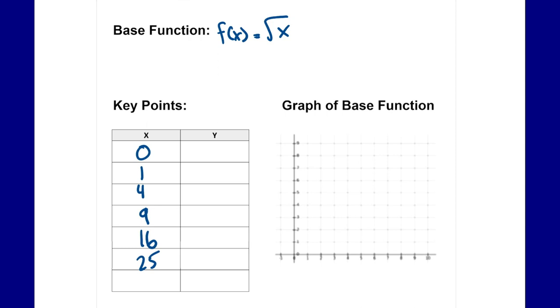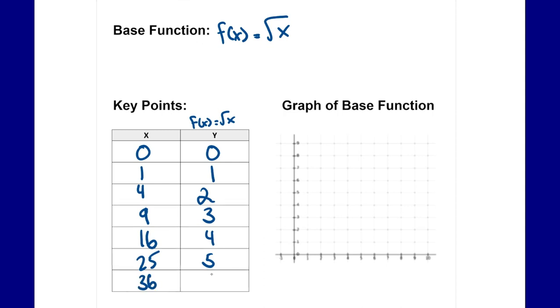So right now, f(x), again, just plugging these values into the function. The square root of 0 is 0, the square root of 1 is 1, the square root of 4 is 2, the square root of 9 is 3, the square root of 16 is 4, 25, it's 5,